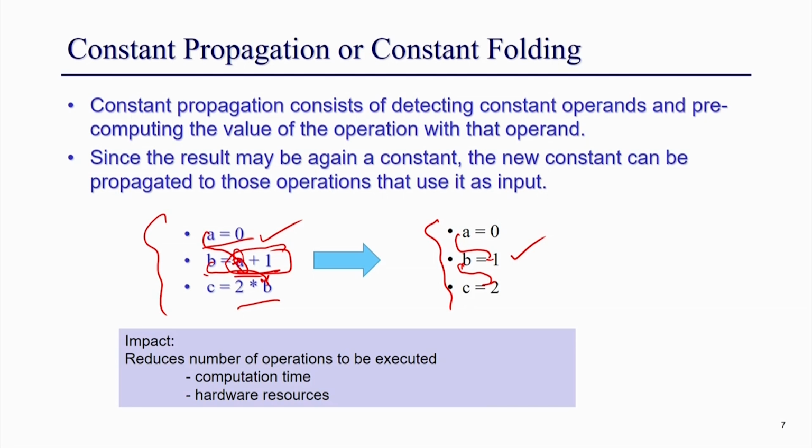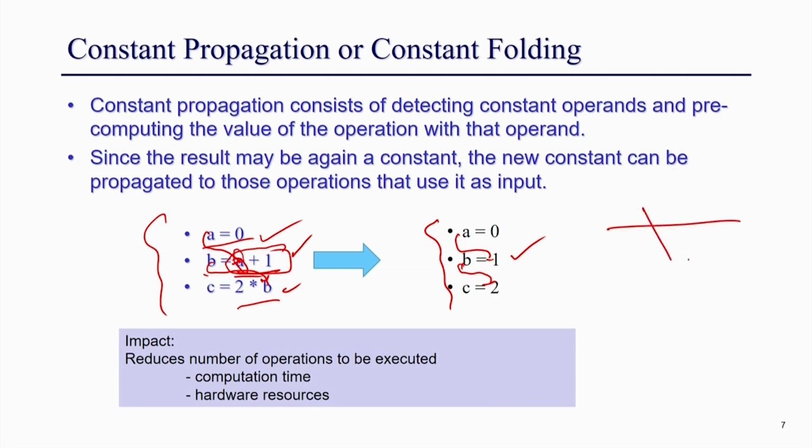So, this is something we should always do, because what is the advantage of having it? If you have this A plus 1 operation or 2 star B, these are operations that have to be executed in the hardware. But if you propagate some constant and some expression becomes a constant again, you do not have to execute that operation. So, it has an impact on the resource as well as on the computation time, because if you try to execute this operation, for example, you have to execute